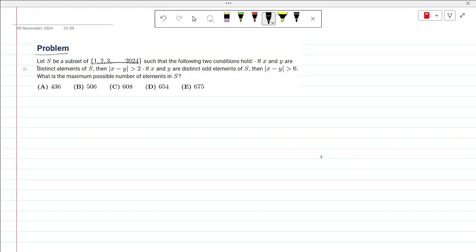Okay, let S be a subset of 1 to 2024 such that the following two conditions hold. If X and Y are distinct elements of S, then X minus Y should be greater than 2. That means, if you select any two numbers from the set S, the difference of those two numbers should be greater than 2,